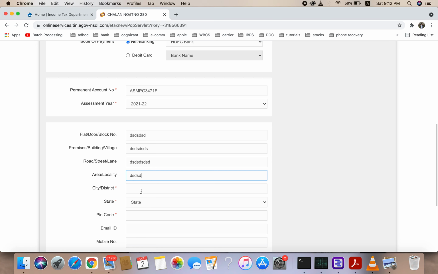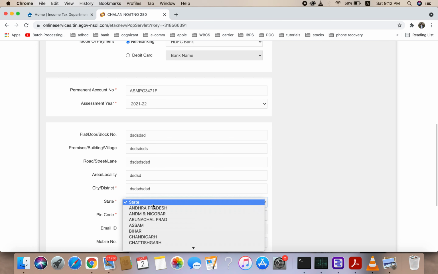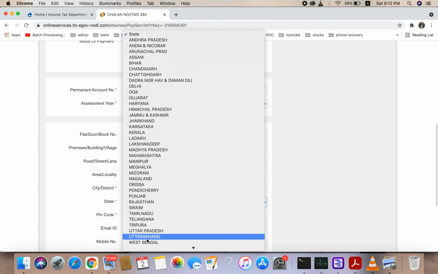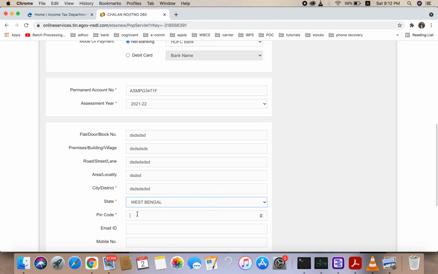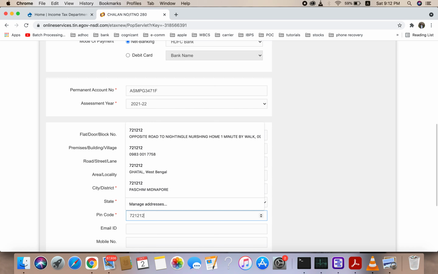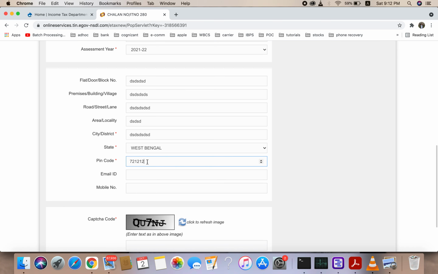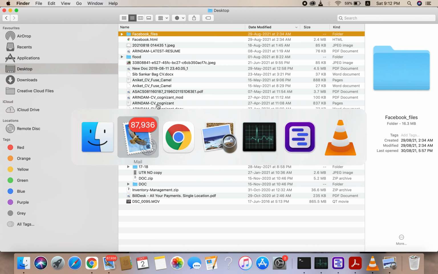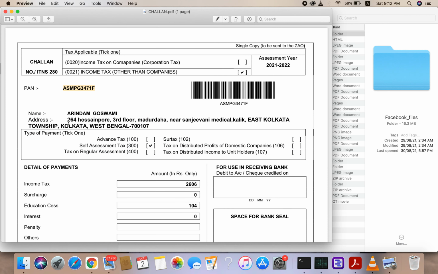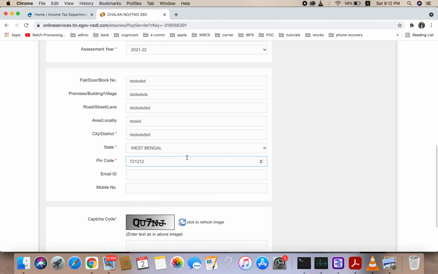Okay, so I'm just showing you. For me it is in West Bengal. Okay, pin code, I am just giving based upon my address. So, better you copy it from here, so that you don't make any mistake. So then email ID and mobile number. I'm just giving my mobile number,